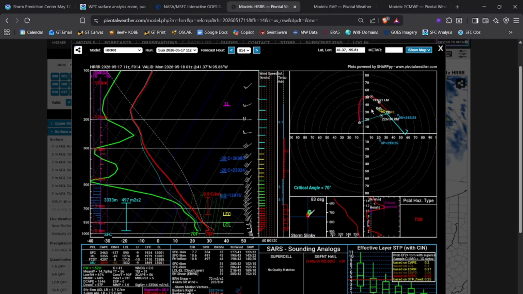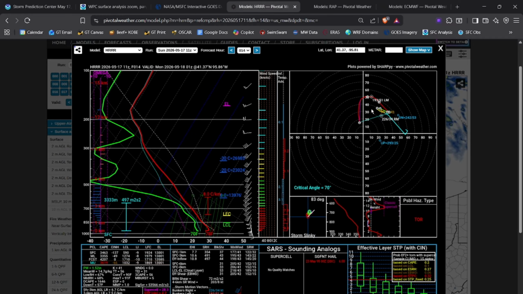With these types of shear profiles, I would be pretty surprised if all you need, in the Omaha area, around this area, is to get a solid embedded supercell with any form of a northerly orientation. That should easily be producing QLCS tornadoes, and I think something like that would have a risk for a strong